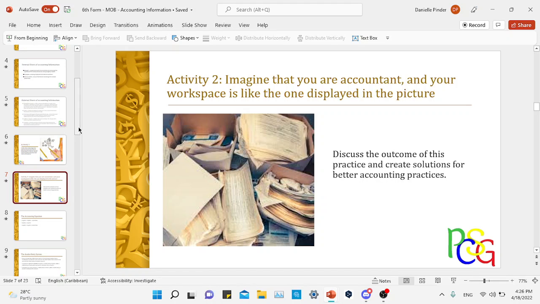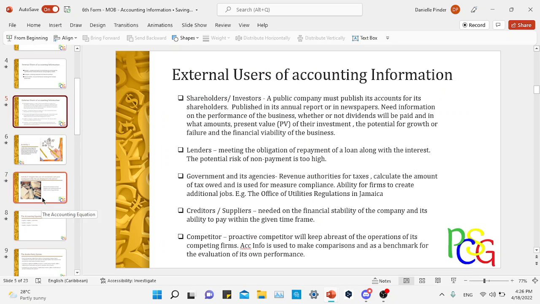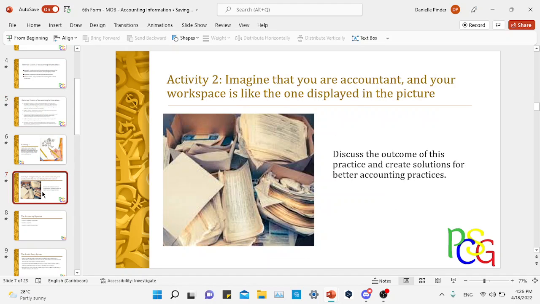So before we actually get to this activity, do you remember anything? Well, the last thing that we have done concerning accounting information. I remember doing that activity where I created a story and mentioning internal and external users of accounting information. Okay, and can you tell me who are the internal users? The employees, the managers,